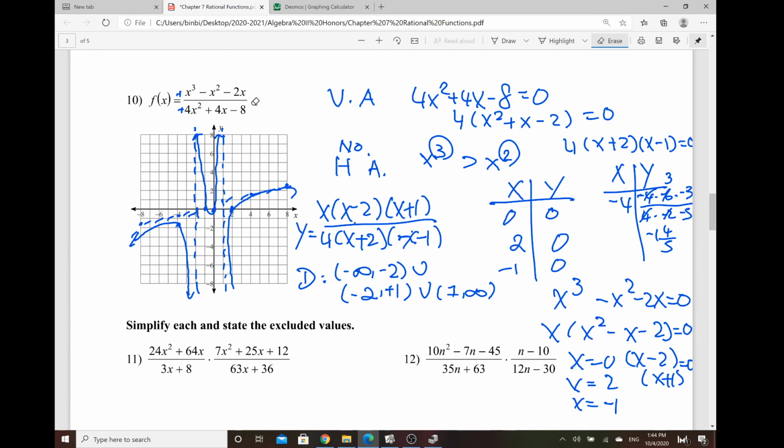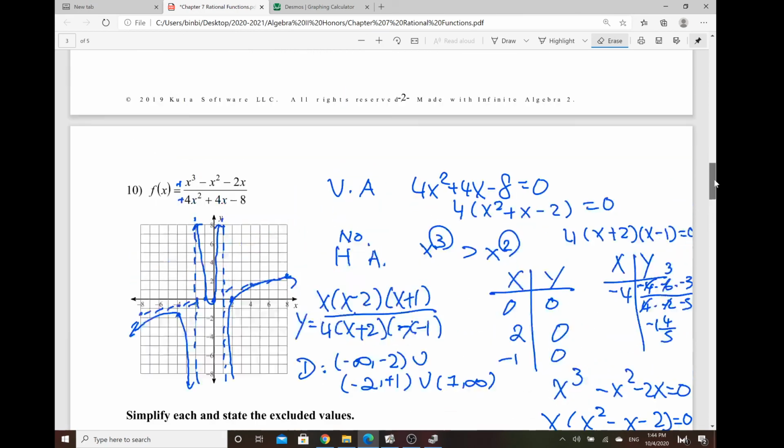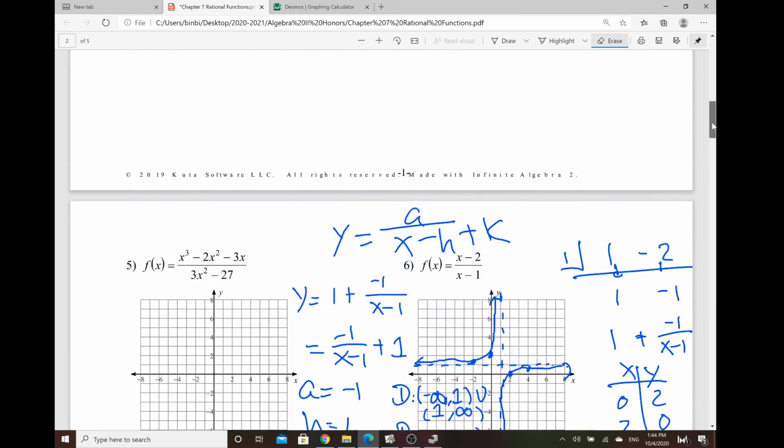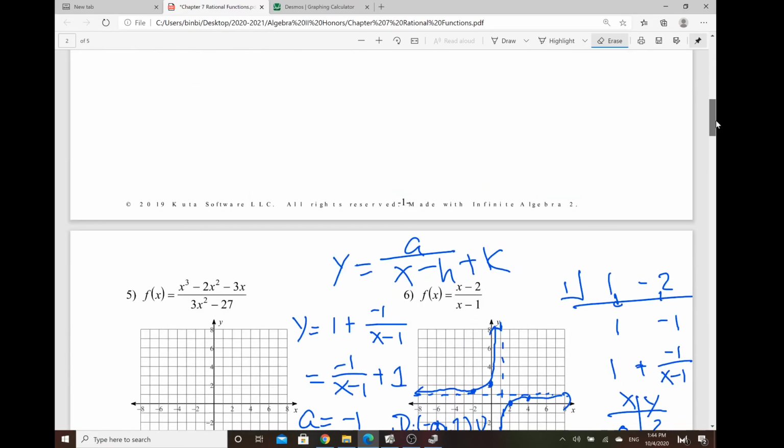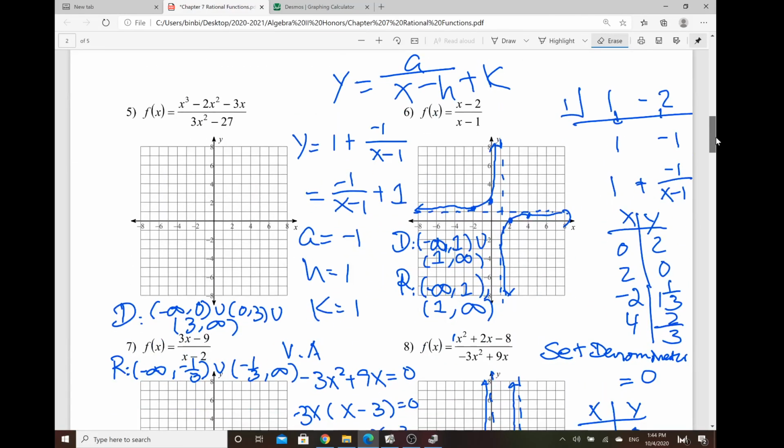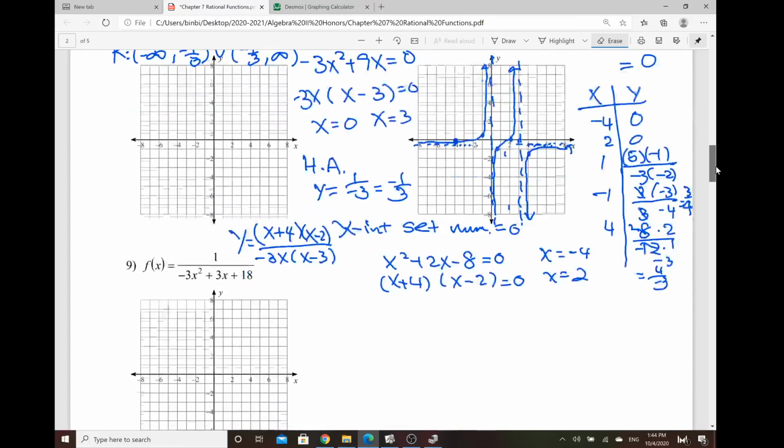Okay, so that's it. Make sure that you rewind or fast forward. Just watch the video as many times as you want, okay? Be careful of the details that I showed: the way to sketch the graph, the way to convert it back to the original parent function, a over quantity x minus h plus k, or the one where you have to do the long division to find the